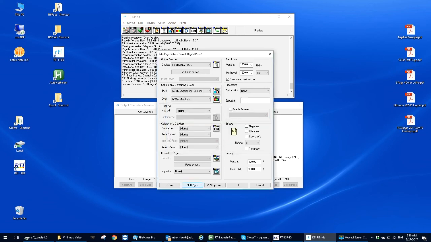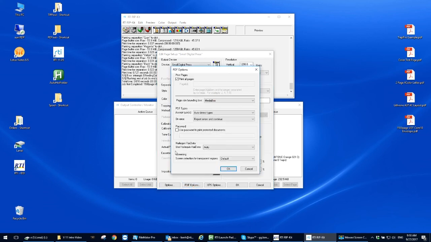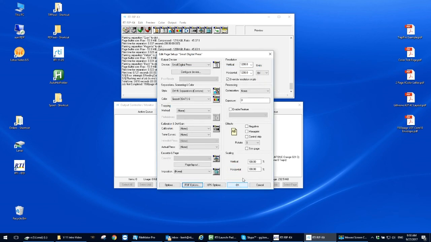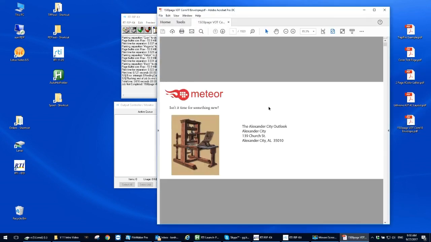And then for variable data, right here we have Harlequin VariData. And our selections for that can be automatic, always, and never. We're going to set it to automatic. And what that will do, let me show you an example job. Here, I've got a 1500 page variable data job with different addresses, but the same graphical content, a logo and an